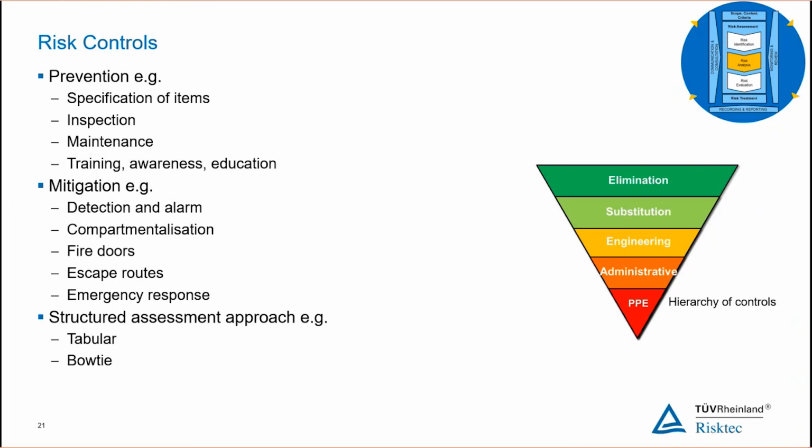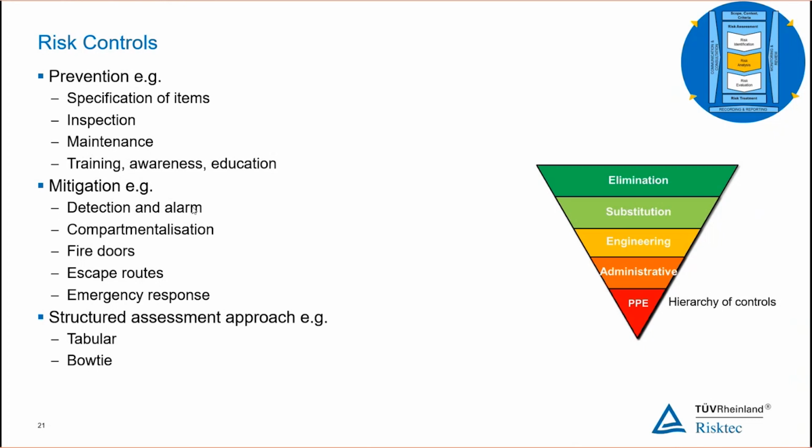A lot of it may well be about making sure that people are aware, that our contractors are aware that these are the controls we have to put in place to make sure that hot work does not lead to a fire. That these are the controls that our residents need to be aware of to make sure that fires do not occur. But also then there are the mitigations. If the fire has occurred, if the structural failure has occurred, how do we protect our people at that point?